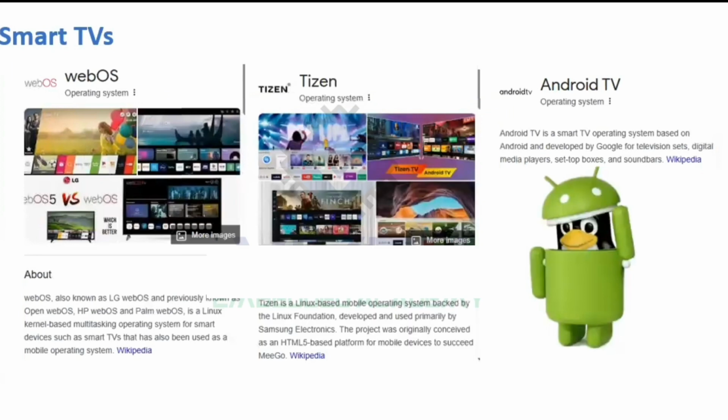Yes. All these operating systems are versions of Linux. So if you just go to YouTube or Google, or if you go to Wikipedia and search for these operating systems, you will see that these are Linux based operating systems. And you will see one more word, that these are Unix like operating systems. Both of these words mean exactly the same thing, that they use a kernel which is based around the Linux architecture. So they are just different versions of Linux.